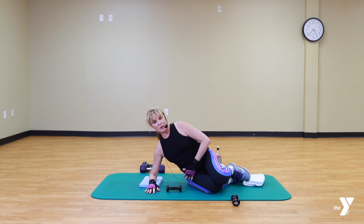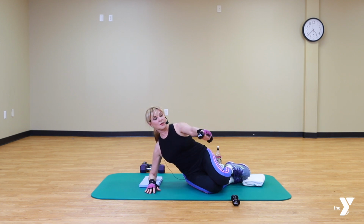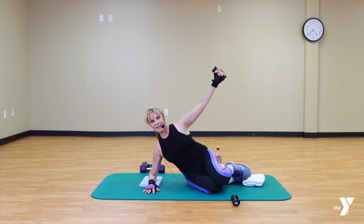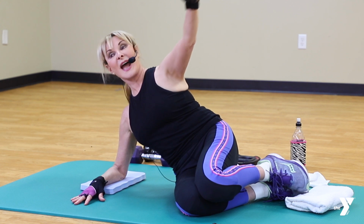Okay, we've changed position. So you align the body, draw the shoulder out of the neck, keep the ribs lifted, and the abs very firm. Arm starts forward. Make sure your chest and upper back stay wide. We go up for 8 and front, and 7 and front, 6 and front,